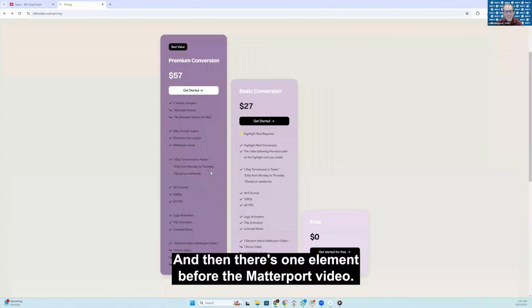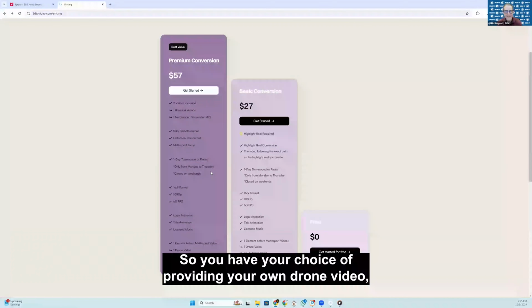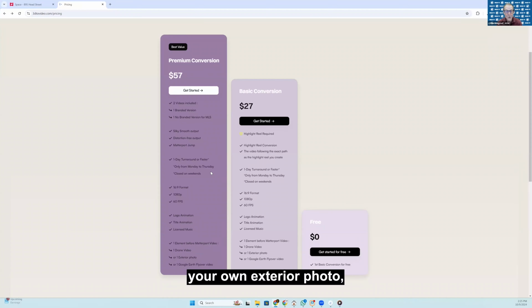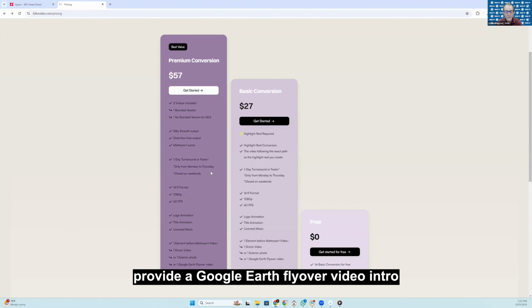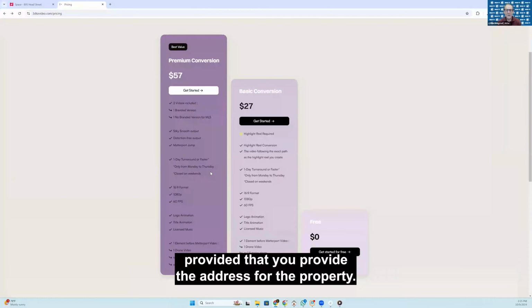And then there's one element before the Matterport video. So you have your choice of providing your own drone video, your own exterior photo, or you can have 3D2video.com provide a Google Earth flyover video intro, provided that you provide the address for the property.